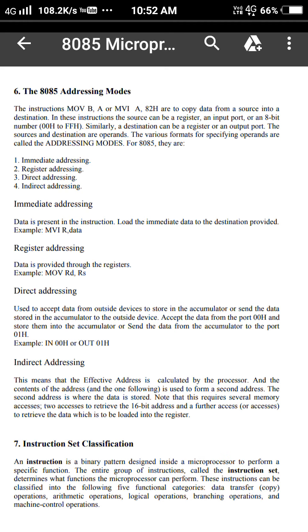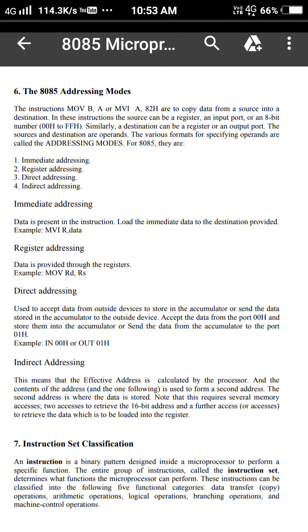It is used to read data from an outside device, or to send data to an outside device from the accumulator itself. Whenever you want to transmit or read data from any output or input device, the data is automatically stored in the accumulator by the microprocessor. For example, here we have taken two instructions: IN 00H and OUT 01H.